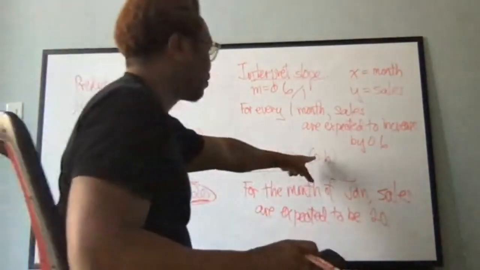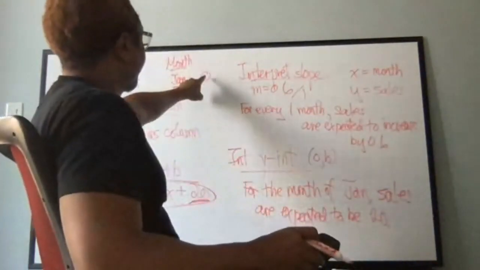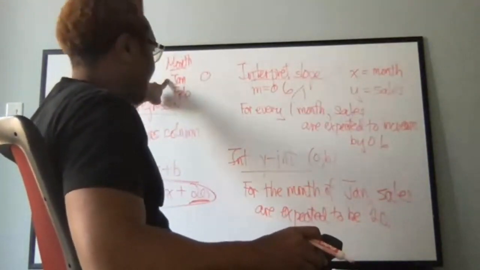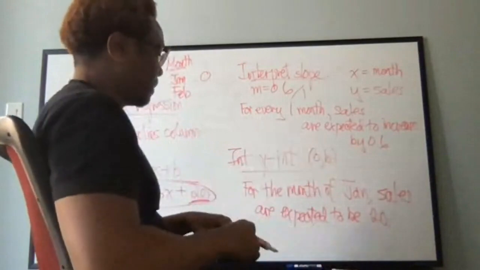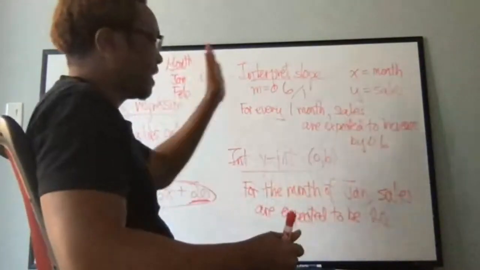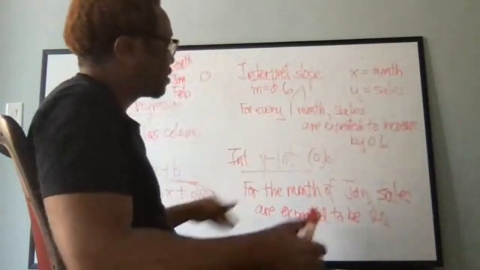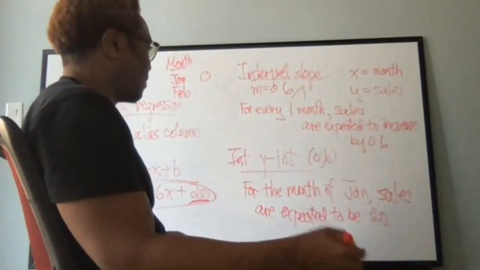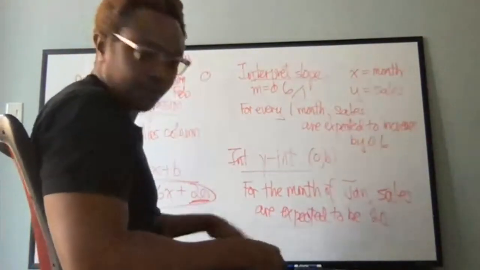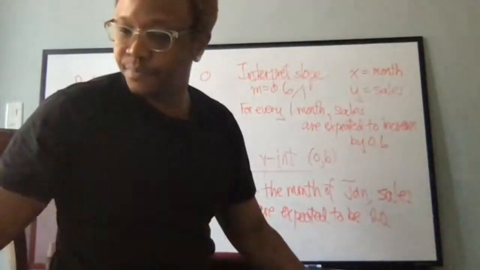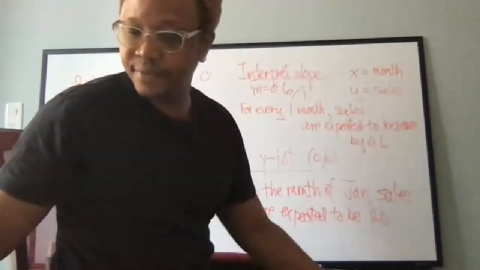So when I interpret the 0 right here, I'm going for the gusto in terms of what that z represents in terms of the data, in terms of the time period, and sales are expected to be 20. So we have a lot going on because we've seen kind of regression in different aspects. So just make sure we know how to parse through and give the proper interpretation for that particular kind of problem. I know I just squeezed the whole course into an hour and a half, if not that,